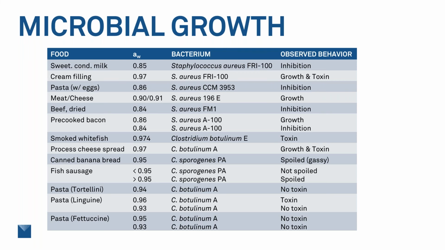And for staph, that's true, that if you can lower your water activity to below 0.85, you will not have any staph. As a matter of fact, you'll also find out as we go along here that no pathogenic bacteria will be able to grow. Staph is the hardiest, the most adaptive of these pathogenic bacteria.